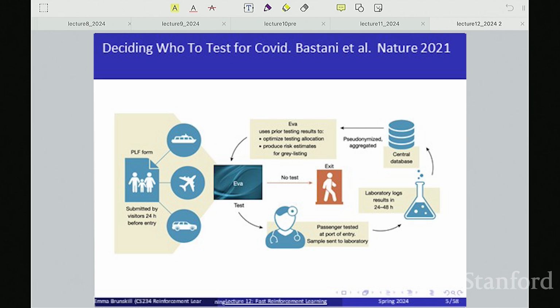Okay. We also have, so the delayed feedback is this 24 to 48 hours, and the final thing is constraints. So there are lots of constraints in this setting, which also generally change the setting from a lot of the ones we've thought about so far. So one is that you might have resource constraints. You might say at most we can handle, let's say, 100, I forget exactly what it is in the paper, 100 tests a day. So you're going to have constraints on that. The second is politically you might have constraints too. It might be tricky for Greece if they decide that they're not going to let in anyone from Sweden. So there might be different quotas, or there might be other reasons to say we have to think about some broader types of risks and benefits in these cases.